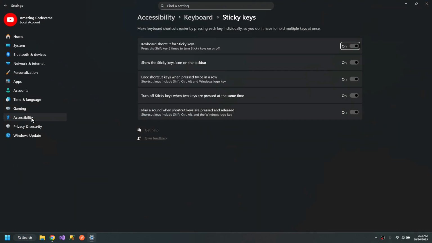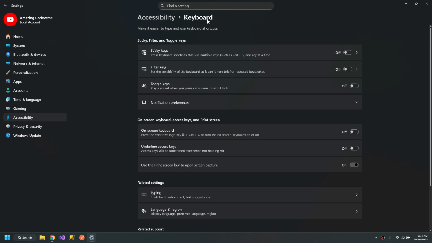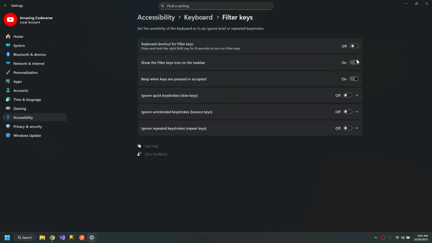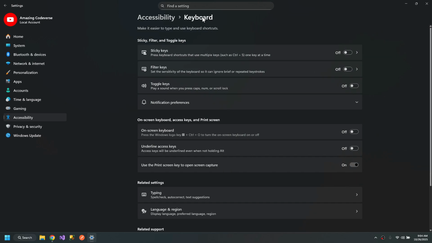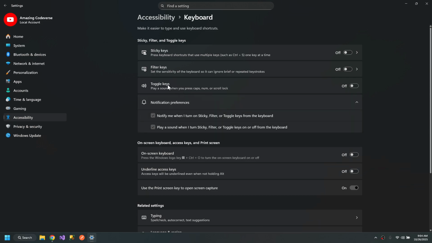Go to this settings and you need to disable all of them. Come outside. You also need to disable all of these. Then you also need to disable these toggle key sound and these notification. When I have done all of these,